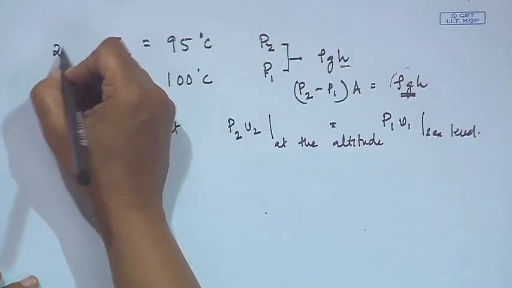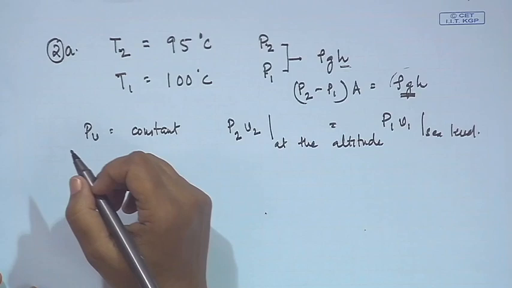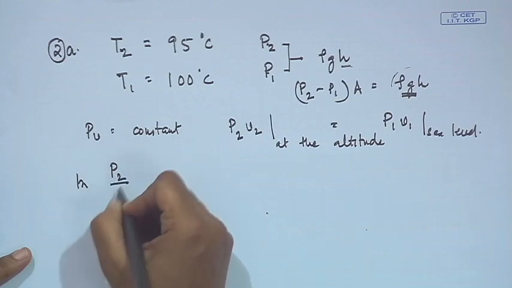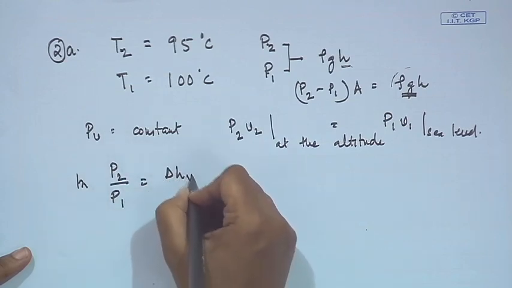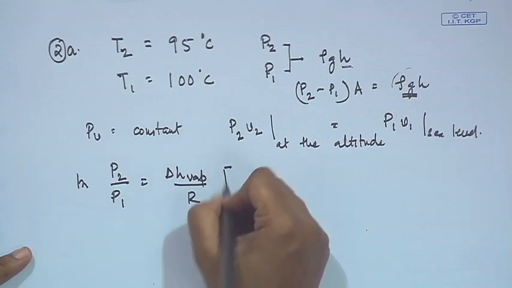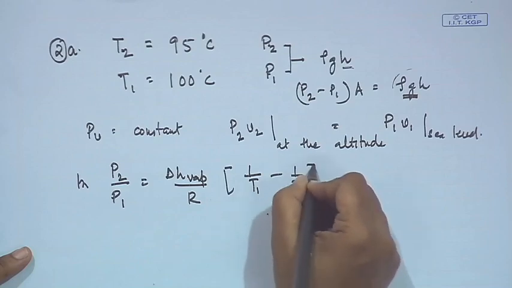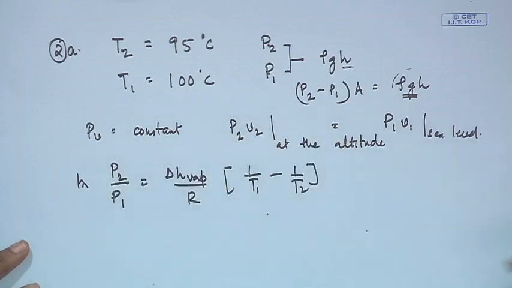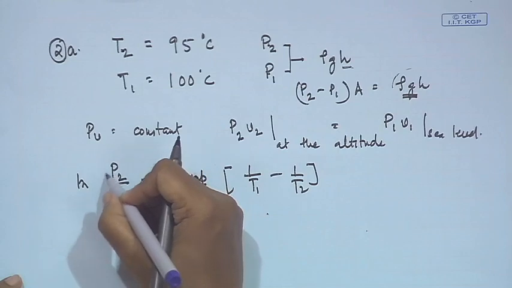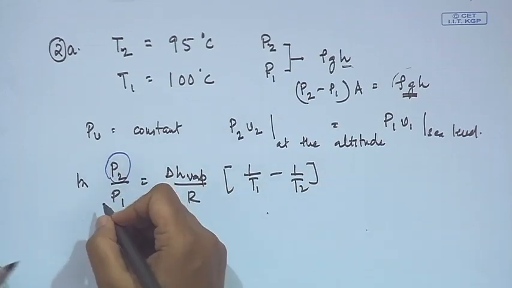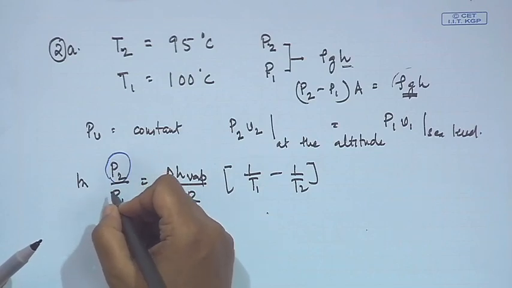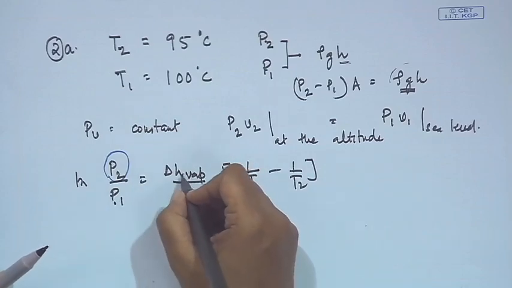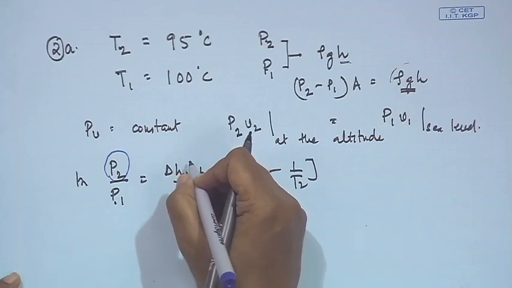Let us deal with problem 1 part A first and then we go to part B, right. Here again use the same equation, ln P2 by P1 equals delta H vaporization by R into 1 by T1 minus 1 by T2, fine. I had already written it down earlier. Now, here we know everything except P2, this is the only unknown that we have. What is P1 equal to? P1 is the atmospheric pressure. And delta H vaporization is also given, as